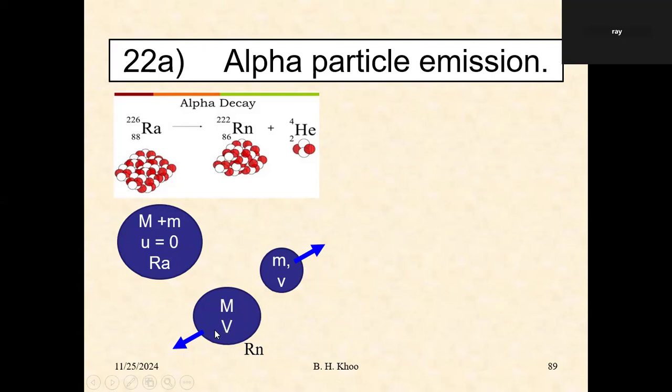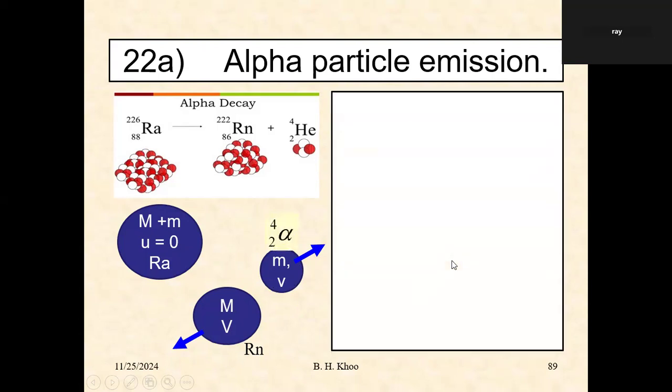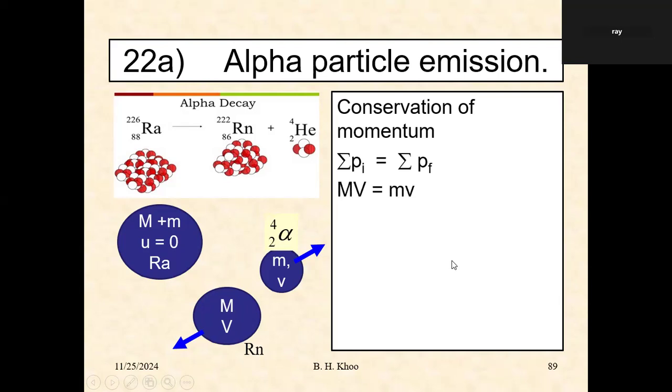That will be radon, and that will be alpha. Then we can apply conservation of momentum. Same momentum initially, same momentum finally. Initially is the total mass. If we call this total mass M, then initially is